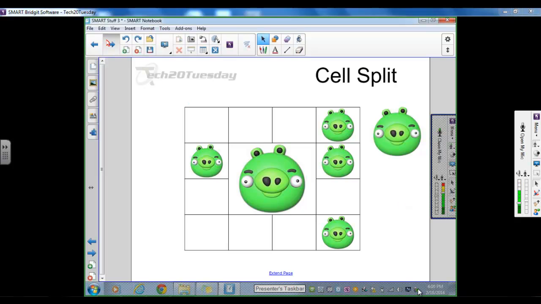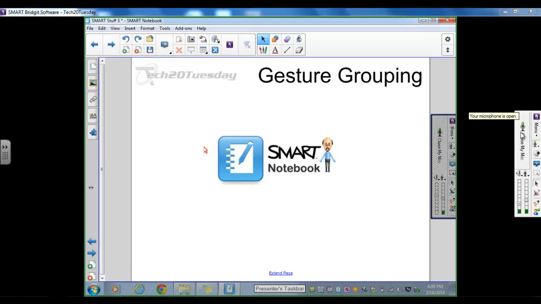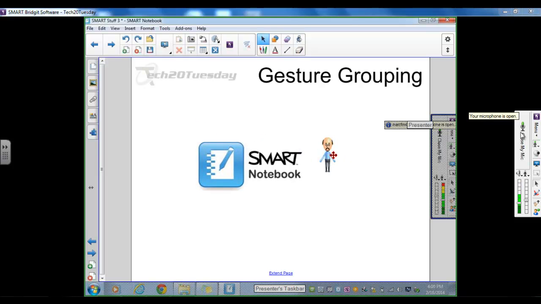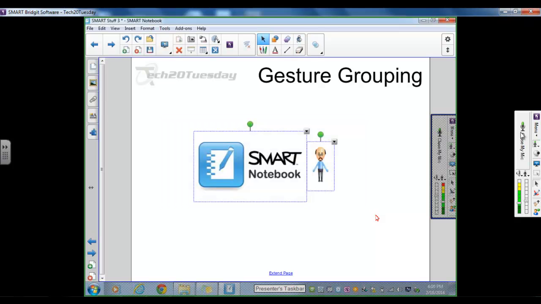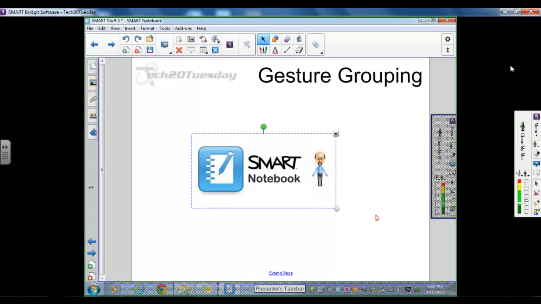I see it's 4 o'clock. Gesture grouping: these are two objects. If I highlight them both, you can see they're both highlighted because of the two blue squares on them. I'm just going to grab with my finger and do a little shake, and then they're automatically grouped as one object, and that is the bonus 401